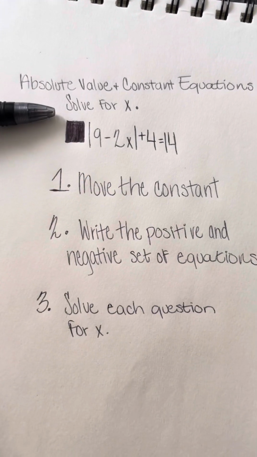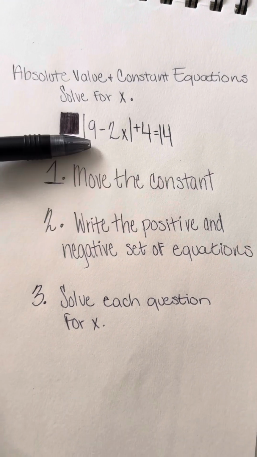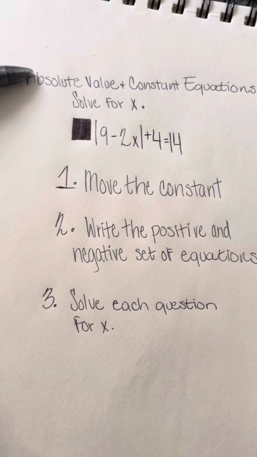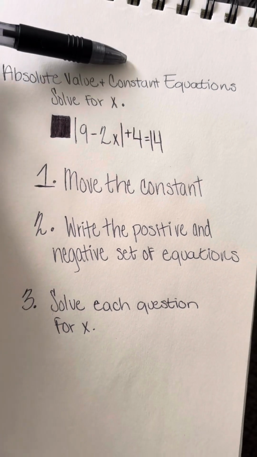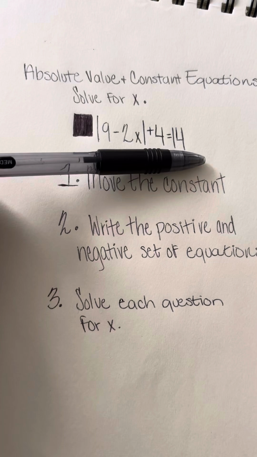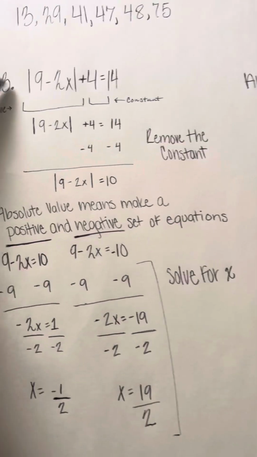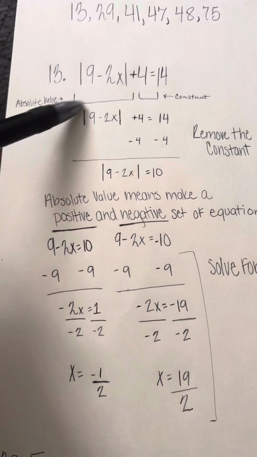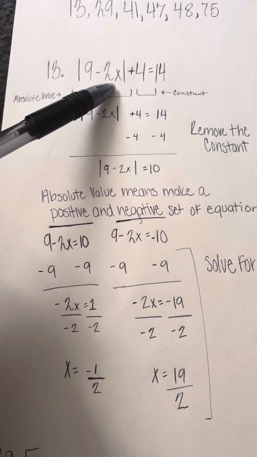So for number 13, they're asking you to solve for x. What they've given you here is what we would call an absolute and a constant equation. We wouldn't really call it that, but honestly, we're just breaking down the parts of the equation, okay? Here you'll see that we have the absolute value, which is going to be the 9 minus 2x, and then